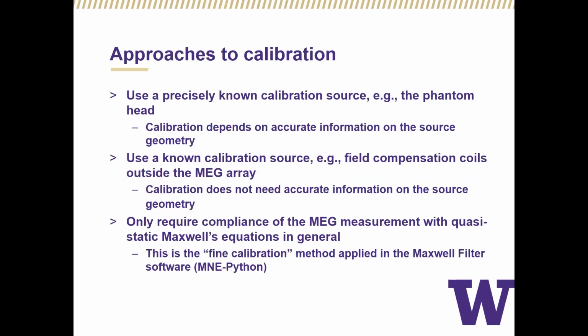So I want to talk a little bit about these different approaches. We can use a precisely known calibration source, for example, the phantom head. It relies on the fact that we know the source very accurately. Or we can use a known calibration source, which doesn't necessarily have to be so accurately known, such as field compensation coils that we typically have in shielded rooms. And then the third approach, which we use with the 306 channel system, typically is the fine calibration, where we just require compliance of the MEG system with